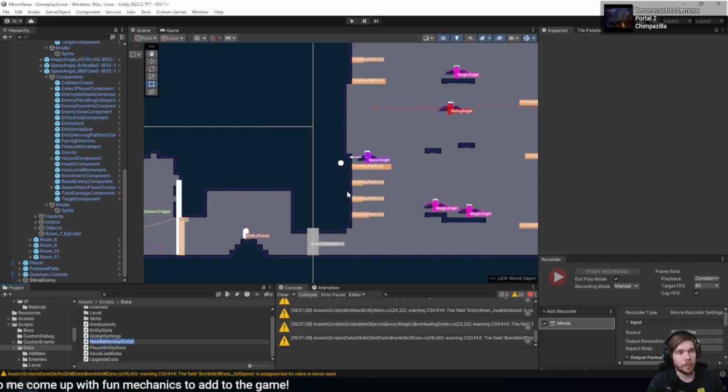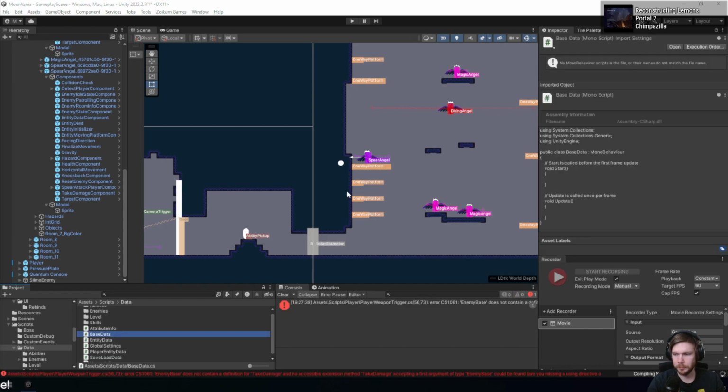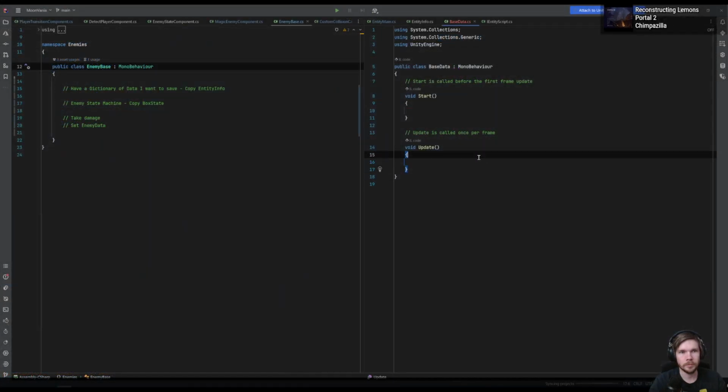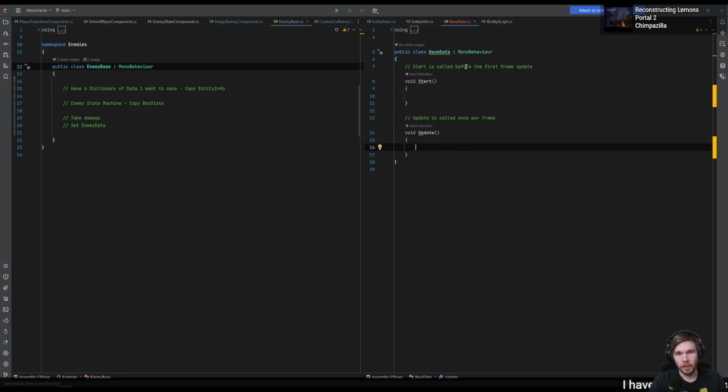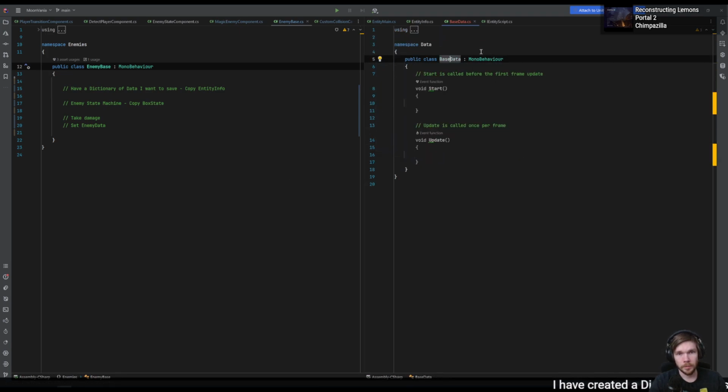What would a good name for this be? Database. Base data, I guess. Okay, so base data